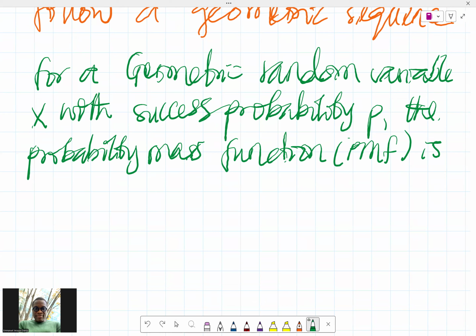It is how the probability is arrived at. So the PMF is